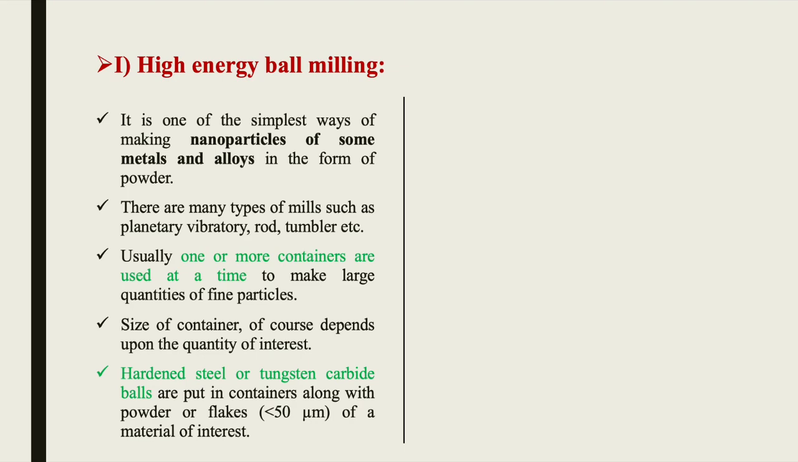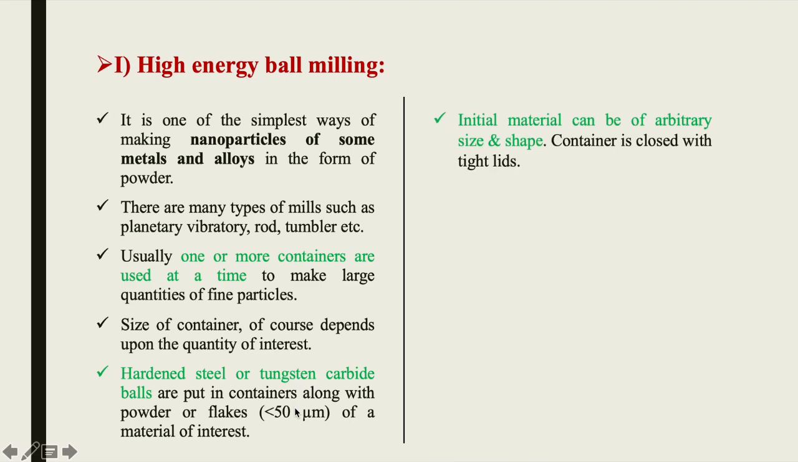The size of whatever you are putting into the ball milling has to be less than 50 micrometer. That is the one condition. The initial material can be of arbitrary size and shape. That can be any shape like square, hexagonal, triangular, rectangular, cubes, a trapezoid, any kind of thing. And if you put that kind of material in the high energy ball milling, you have to close the container with tight lids,